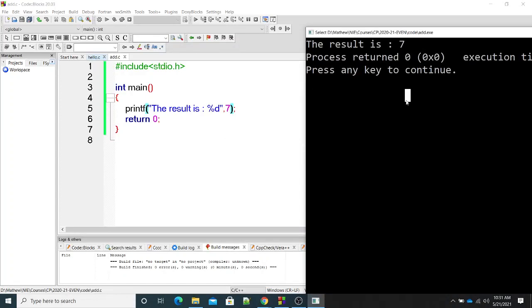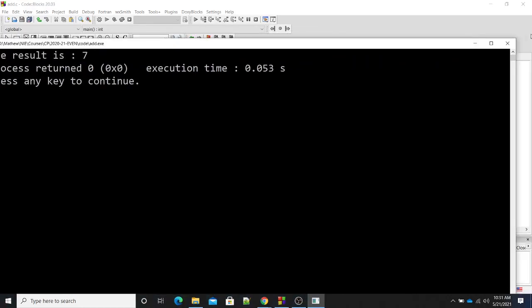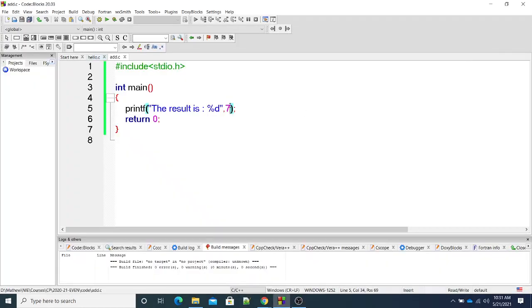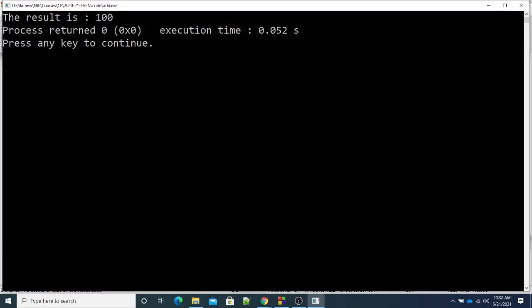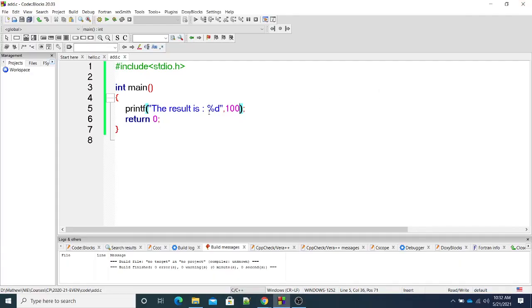Okay. Now whatever you put there now, I put 100. The result is 100. So after the colon, I have a %d, and in that place, whatever number I am giving as the second input. So this string is the first input, this is the second input. Whatever number I am giving, that is appearing.